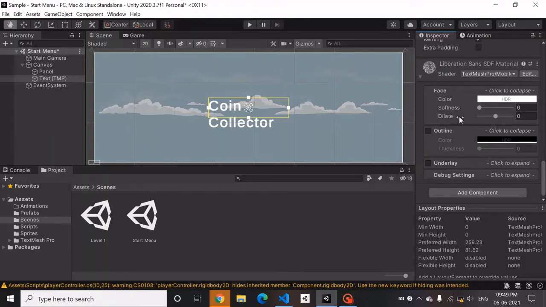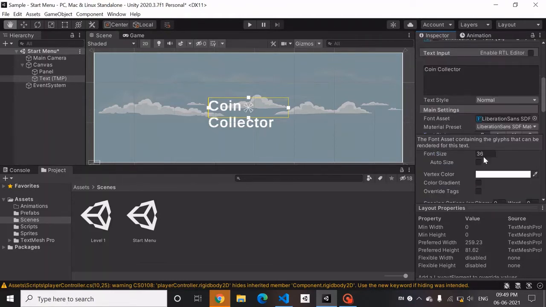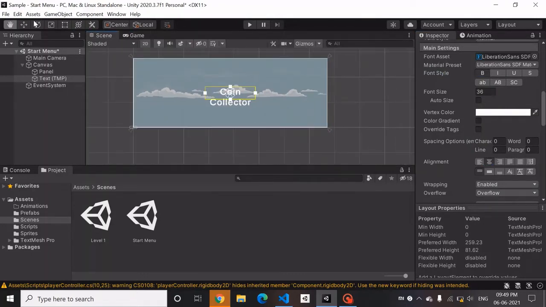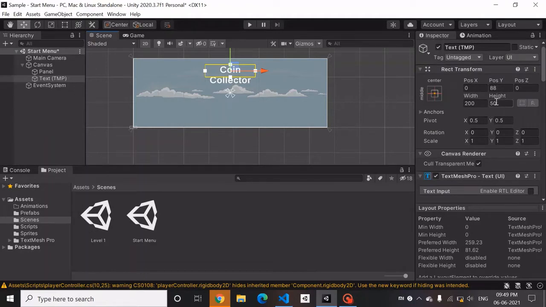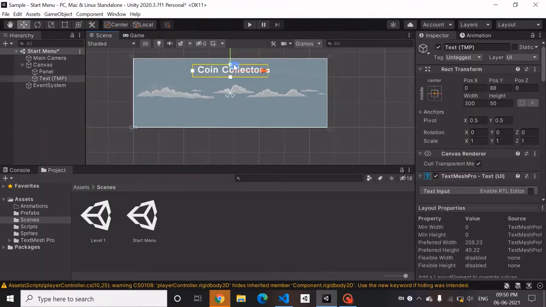You can also center align this text, which would make it much better. I'm going to center align it so that placing it is easier and it's on the center of the screen. Increasing the width of the box. So that's how the title of our page looks.